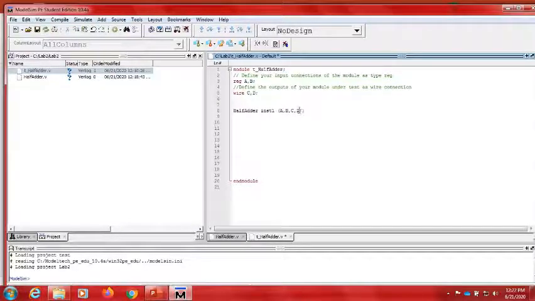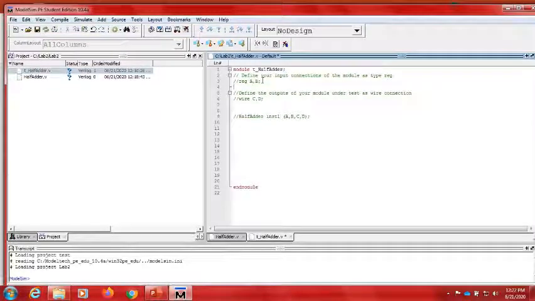In order to avoid the confusion, we take the ease of using the same variables, or the same keywords, that were used in the respective module. But we can also do it the other way. So I'm just commenting this step, I'm also commenting this, and I'm using the same words, reg X and Y, to avoid any confusion, and wire S and C,